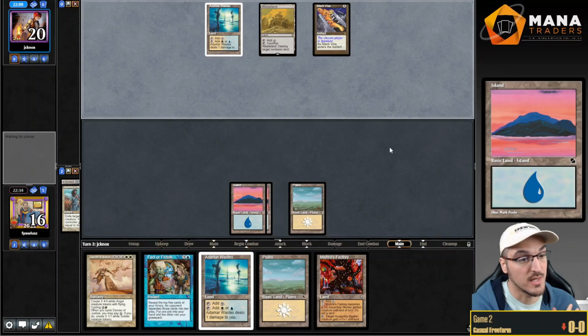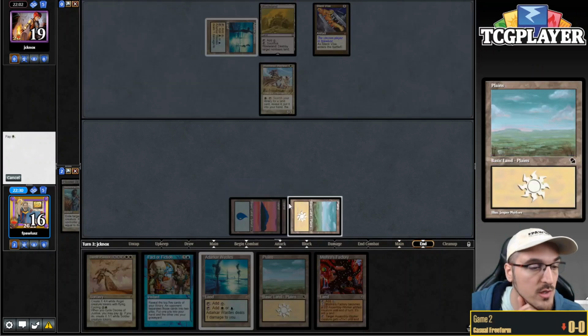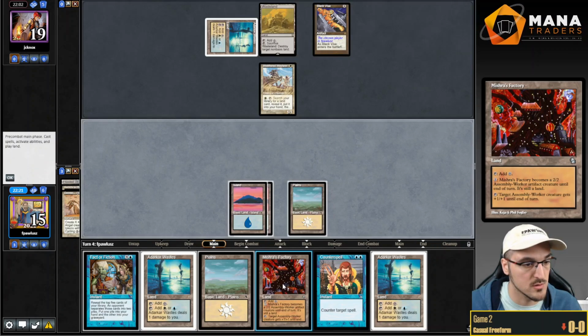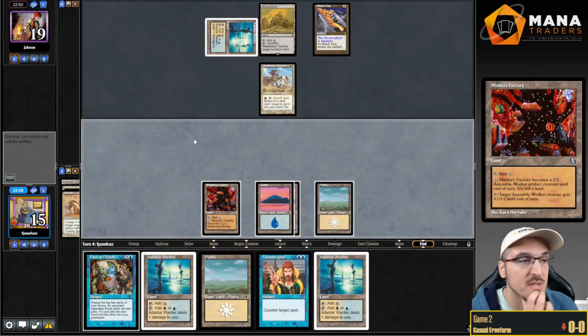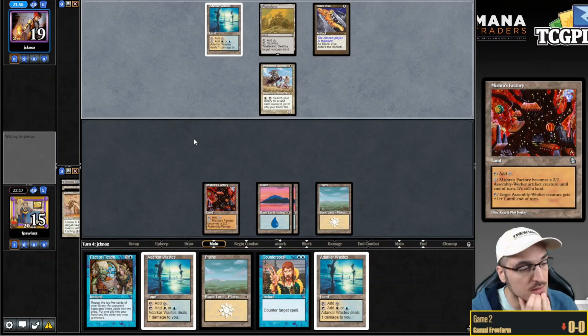Oh, they missed a land drop. Huh. Okay, I think I'm gonna cycle this Decree. We're not gonna get any tokens out of the deal. Darkwaste, there's a land. Pass the turn. And even in the face of the Black Vice, I think I'm still gonna